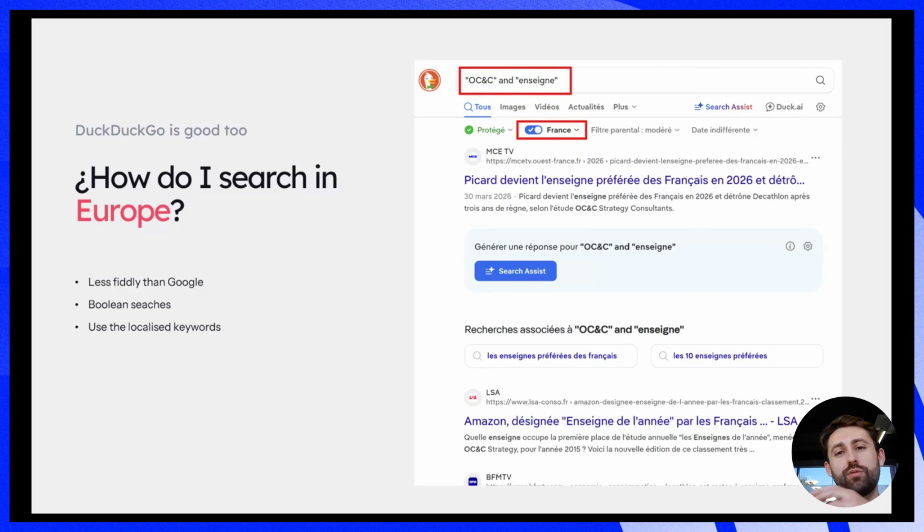I have mine in French. When I need to search something for the US, it's terrible. Whereas with DuckDuckGo, you can just change it really easily. And I think that helps get the best results, because your UK or US Google is not going to show relevant results in Italy or Spain, for example. So yeah, a good tool to use.